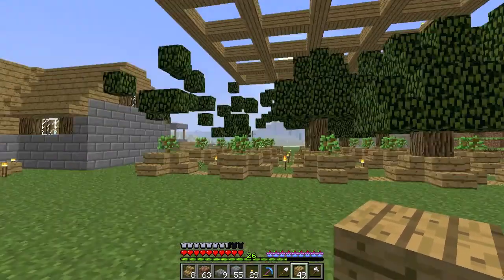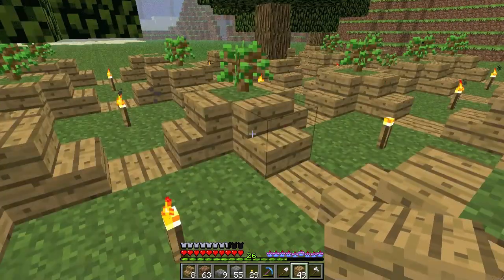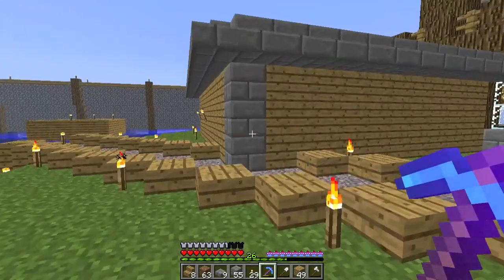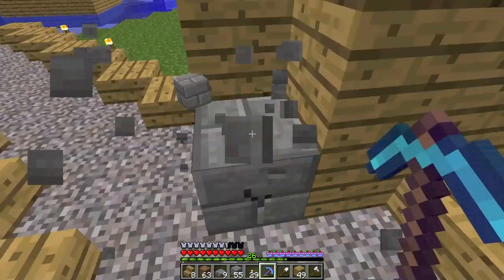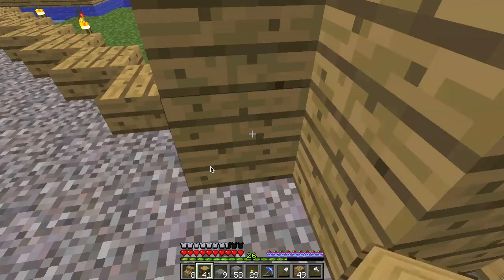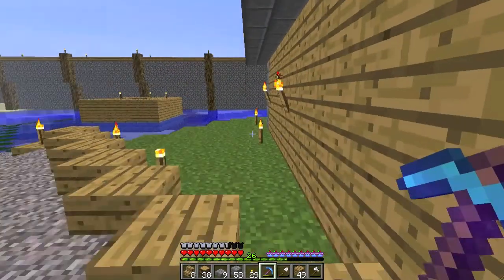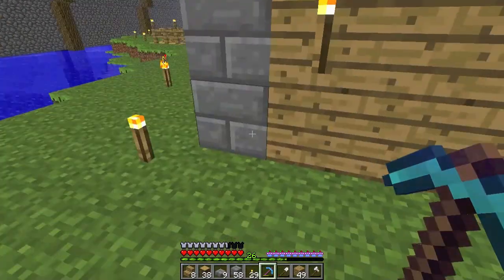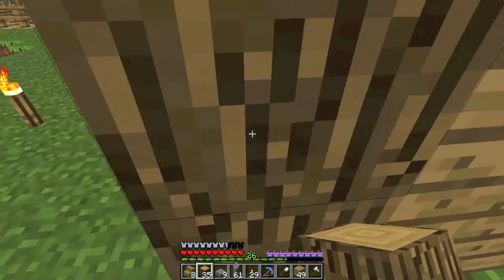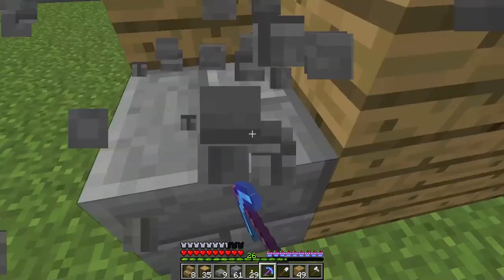If you didn't have this grid here, then some could grow large, and then that would stop all the trees around it from growing, which is what I didn't want. So I built it like this. I'm going to change this to log, and that there, and then I'm going to make some glass pane windows, and then I'm going to do the enchantment room, and